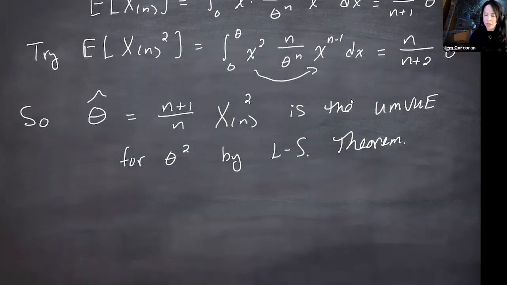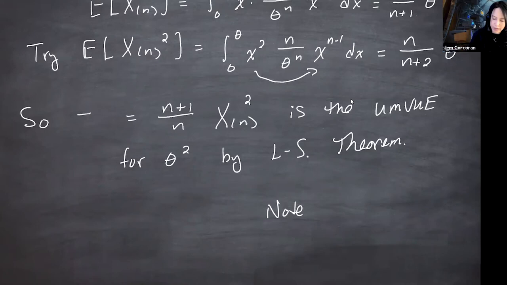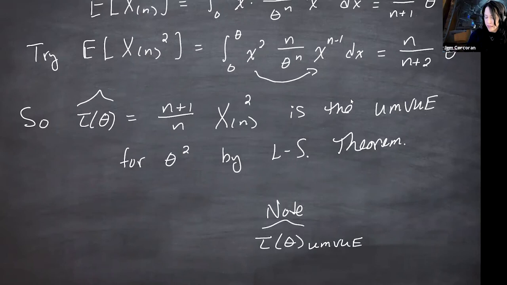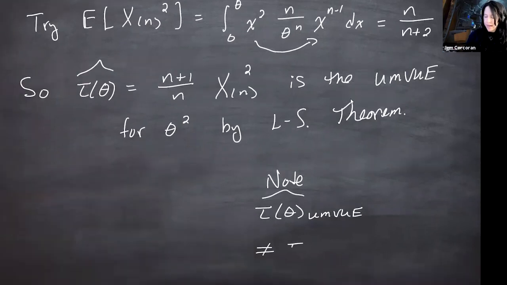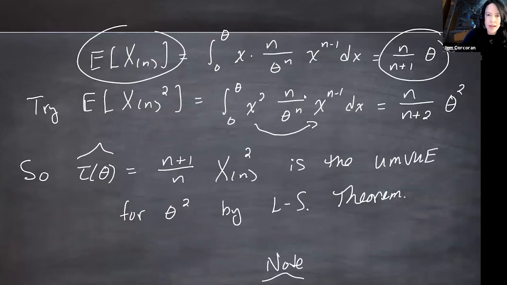And clearly, note, oh, that's not my theta. That's the estimator for tau of theta. So I actually want a tau of theta hat here. So the tau of theta hat UMVU is not tau of theta with the UMVU plugged in. The UMVU, because I know the expected value of the maximum is this, if I wanted to find the UMVU for theta, I would,